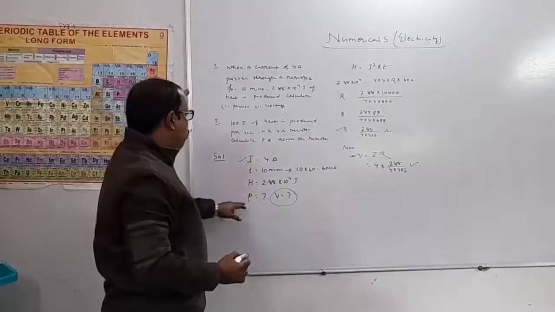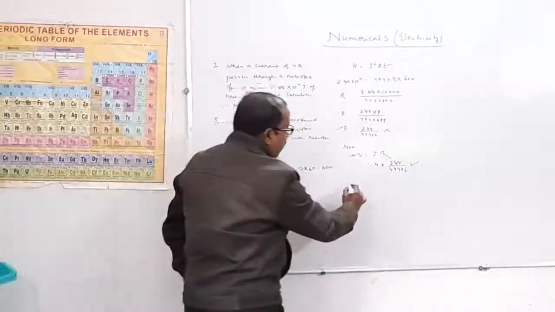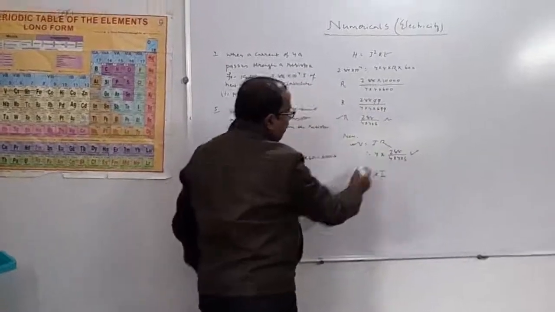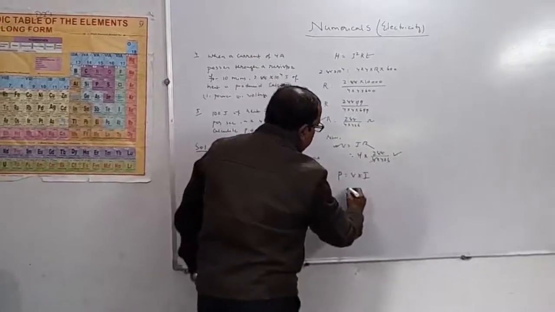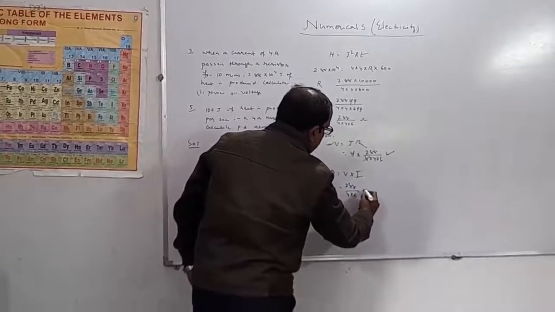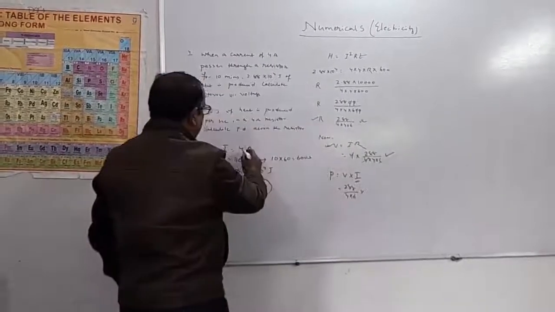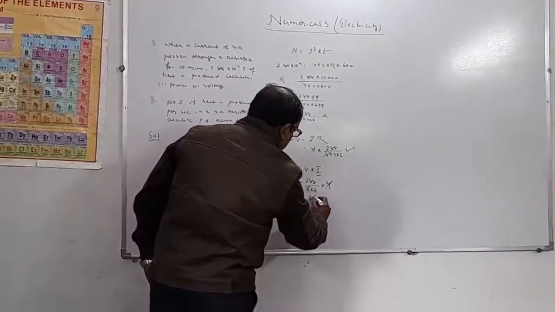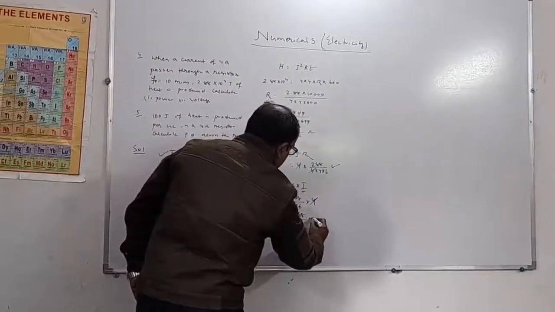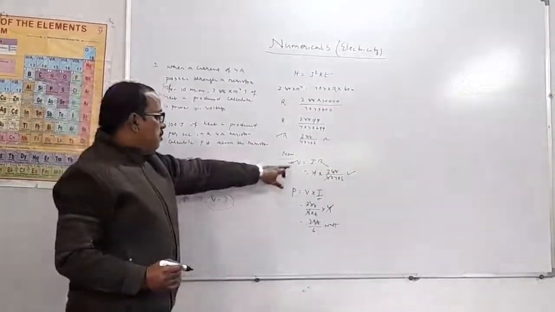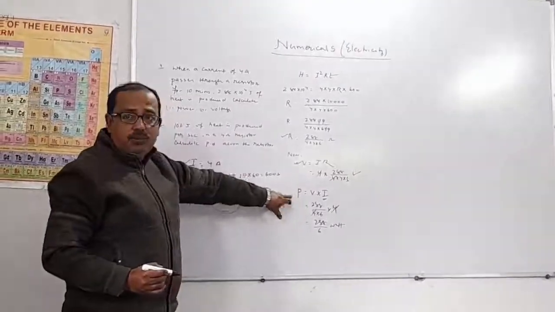Okay. Now the next one is power. Power is equal to V into I. We already found out the V. It is 288 by 4 into 6. I is current, it is given 4 ampere. Put 4 over here. 4 cancelled out. So 288 by 6 watt. So in this way we can find out the potential difference and power.